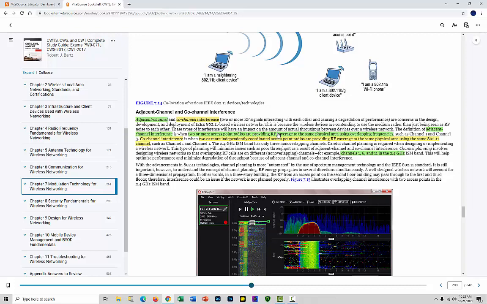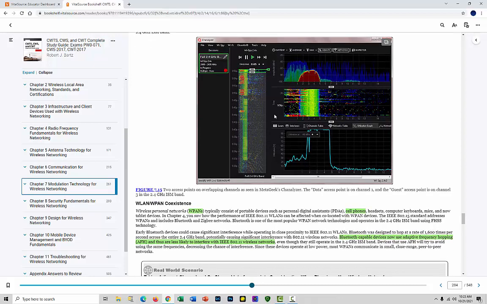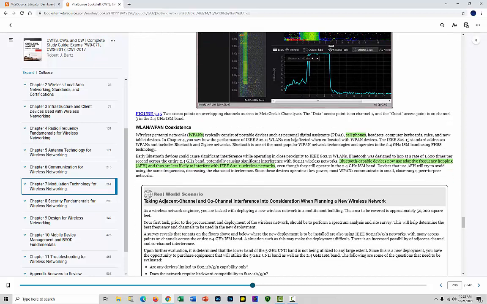They're not in the 1, 6, and 11 channels, for instance. So this is giving an example of the interference that you see with different coexistent wireless technologies. In an enterprise deployment, you control the devices that would be on the network, so you can manage that much better. At a hotel or hospital, you might have to accommodate some older legacy technology, and there's more of a chance for